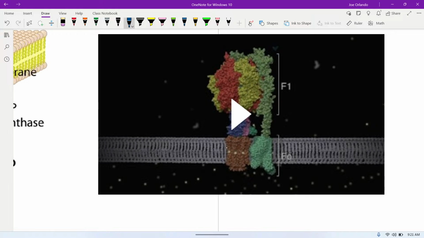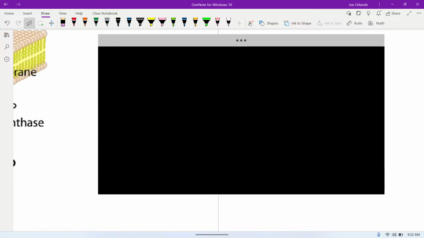By the way, what would the amino acids that form this part of it probably be like? They'd probably be nonpolar, right? Like highly hydrophobic. And then here we have the hydrophilic generator portion of it. And if we actually watch this animation,